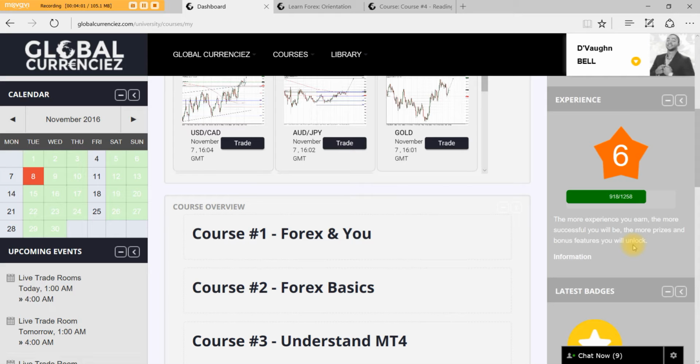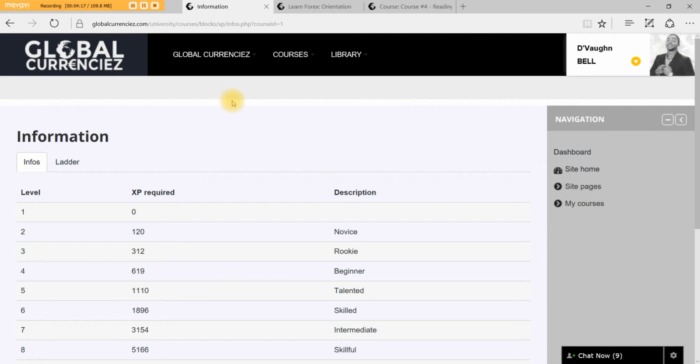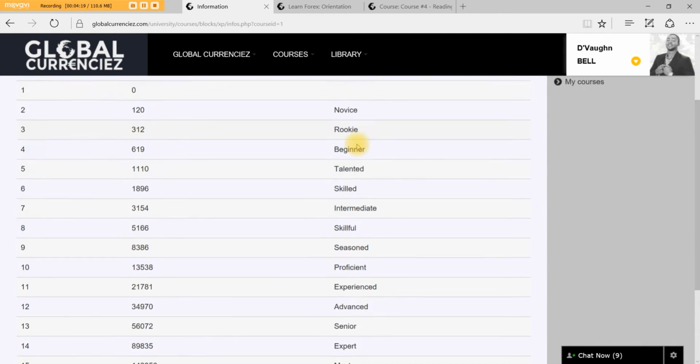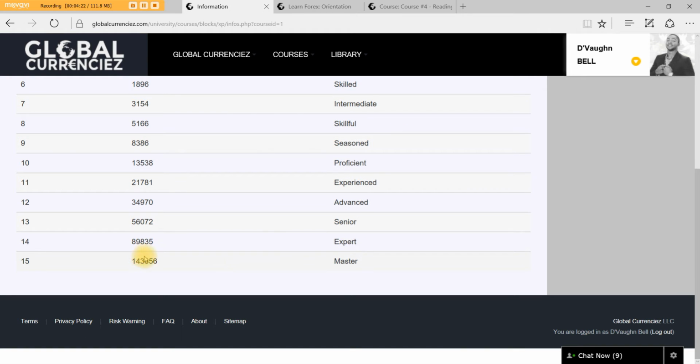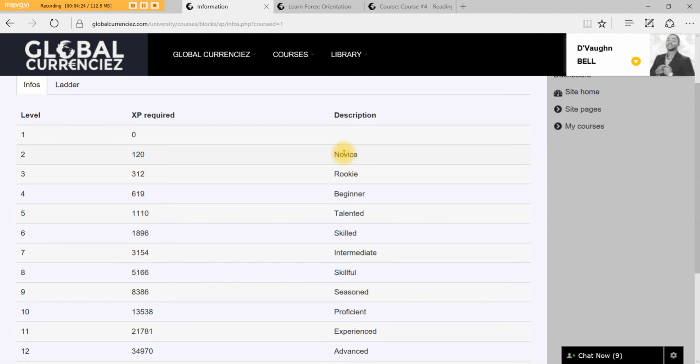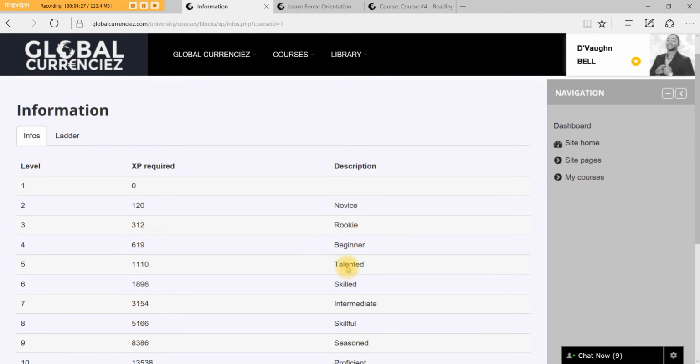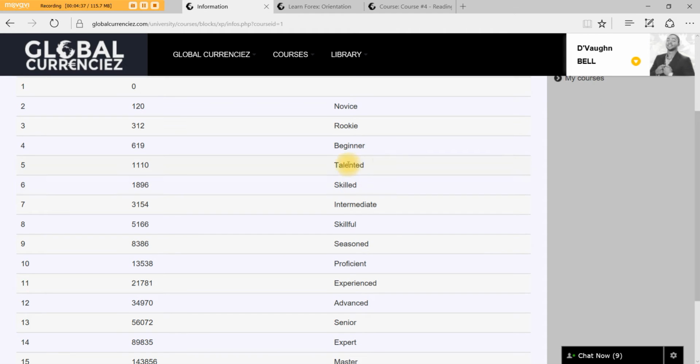This is true because it takes time to level up. You can get through your first level easy, right? But to get to level 2 is going to take longer. To get to level 3 is going to take even longer. Our level system is based on 15 levels from novice to master. Starting out, once you get to your second level is when you're a novice. Then you become a rookie, beginner, talented, skilled,